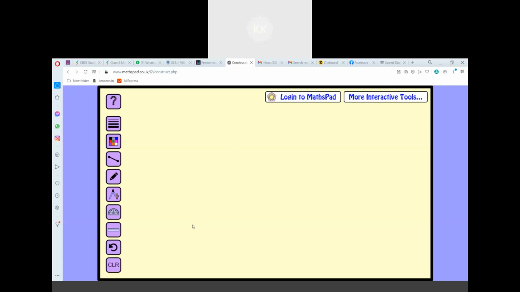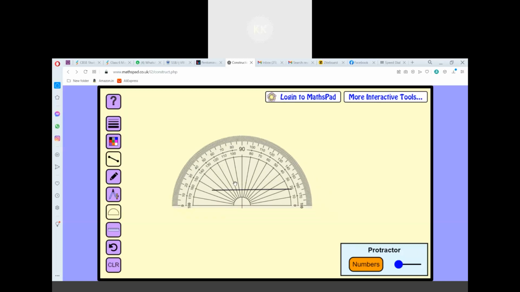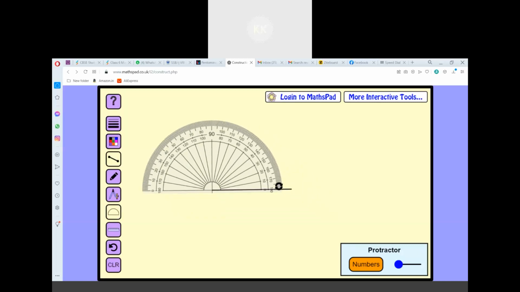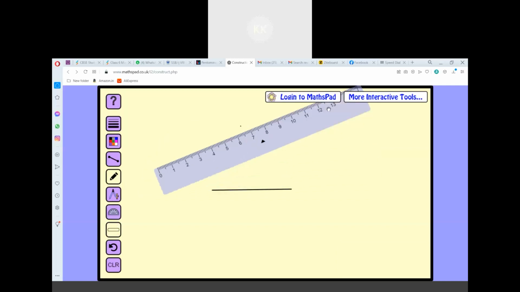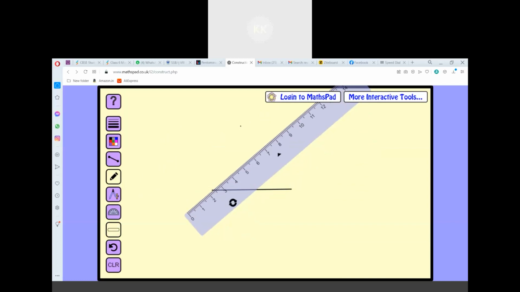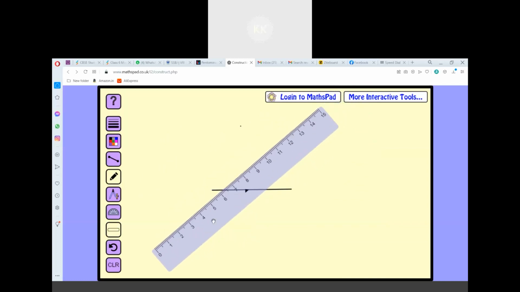You're able to see this? With the help of this, I would like to explain that. First, we have to have a line segment. For instance, if there is a line segment here, to make 65 degree, I'll make use of this instrument, protractor. I'll mark 65 degree. Here is 60. This is 65 degree. Now with the help of a ruler, we have to join this point with 65 degree.